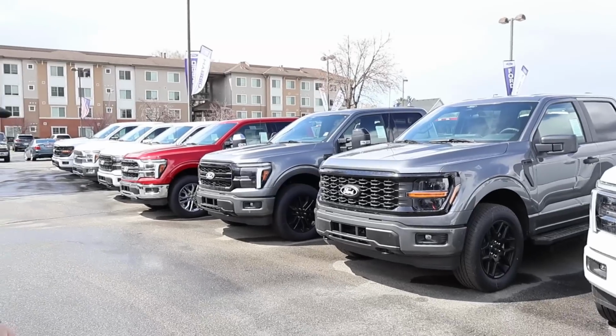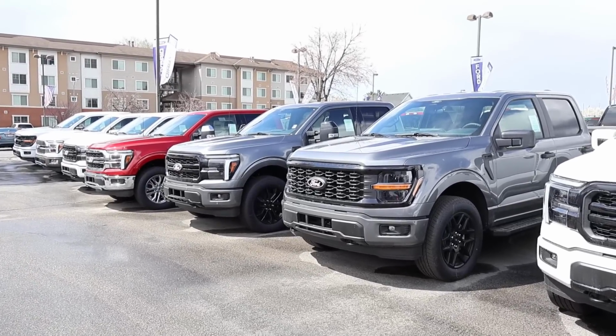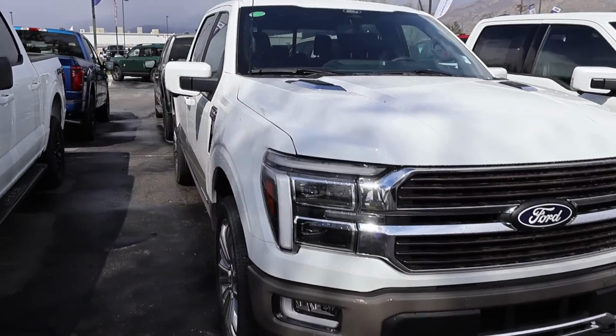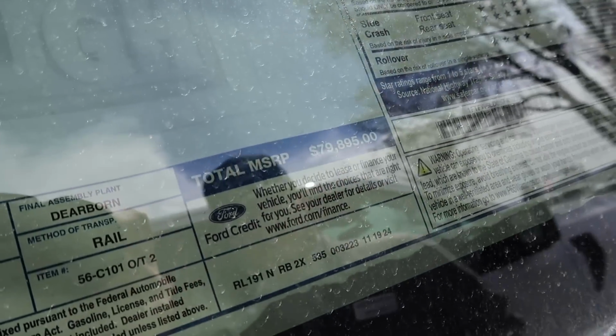Okay, so I guess we'll just pick out a random F-150, look at the MSRP, and then see what the sales price is. Okay, we're gonna start off fancy. We've got the King Ranch F-150. This thing is loaded up. It's got the power boost, as you can see. So MSRP price is indicated as